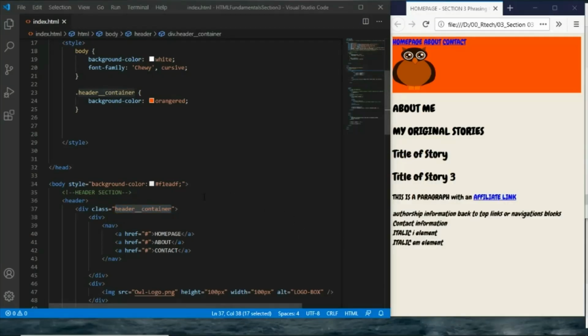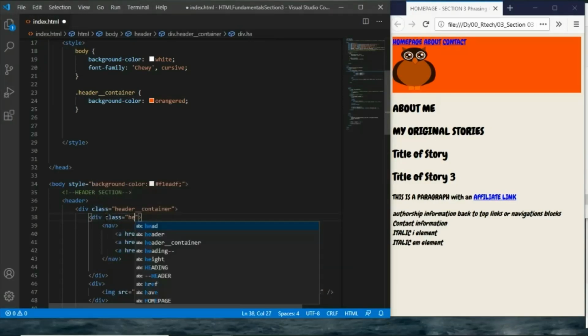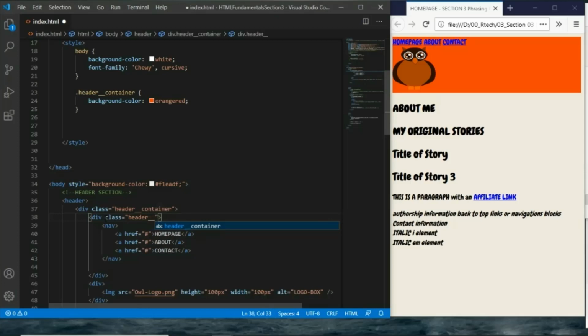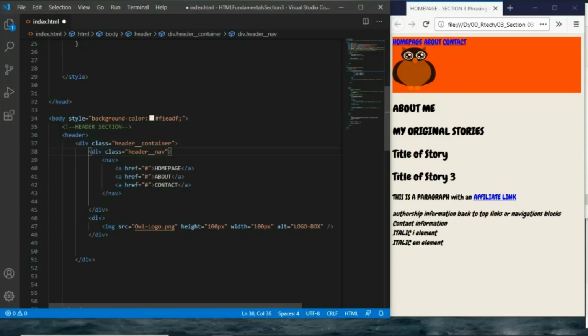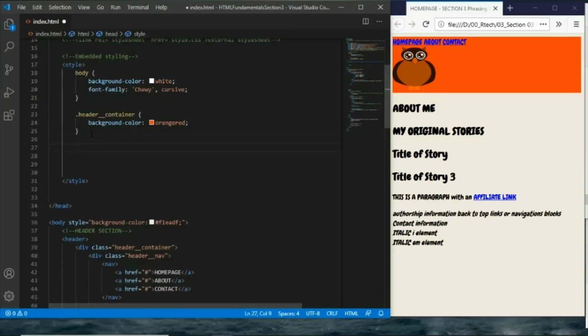If we go and give the other div elements class names, I would want to maximize the use of the name header and then differentiate the class names by giving each a specific name that will be related to its content. So I have here the header nav, and here I would want to call this header logo box. And if I go up here and apply the property selector, the period sign,